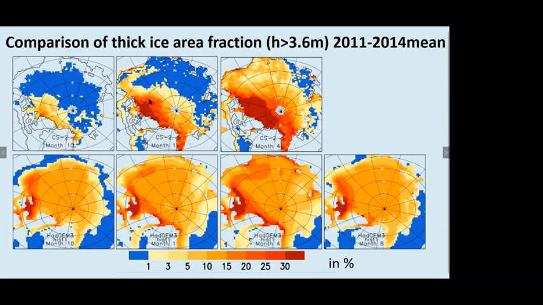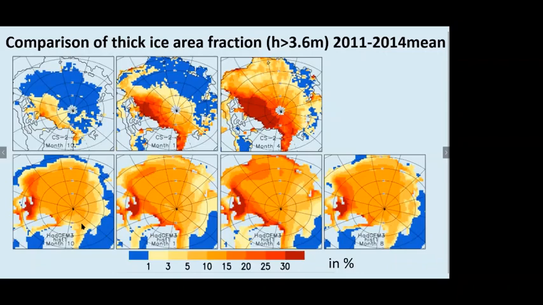So we have, of course, general ice growth, but it cannot be just thermodynamics, so it's also due to ridging processes where we get a much higher fraction of thick ice, with the maximum here in April. What happens in summer, we don't know from the Krauser data because we only have the winter period from October till April. So if you look at the model, which is just one of the four example